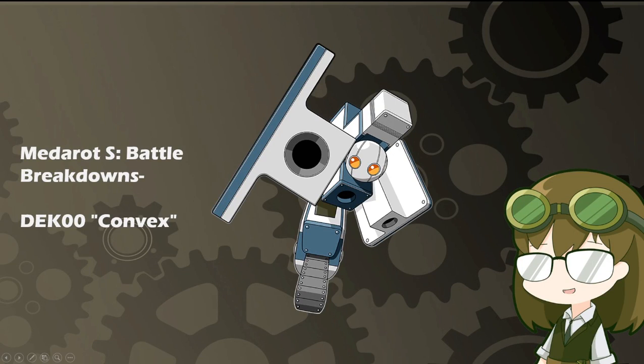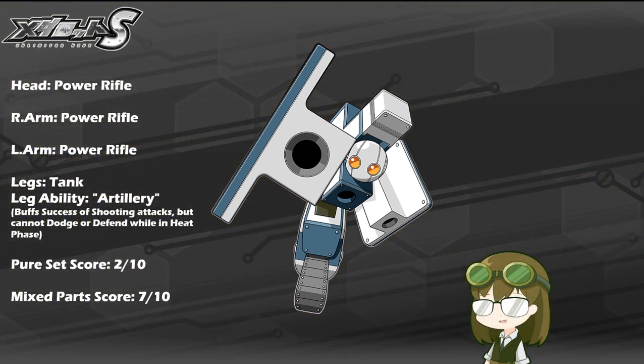A Kanji type that debuted in Medarot Duel as part of a set that focuses on high artillery. It is DEK00 Convex, with a kit of triple power rifle, tank legs, and the leg ability of artillery, which buffs the success and power of shooting attacks, but you cannot dodge or defend while in your heat phase running